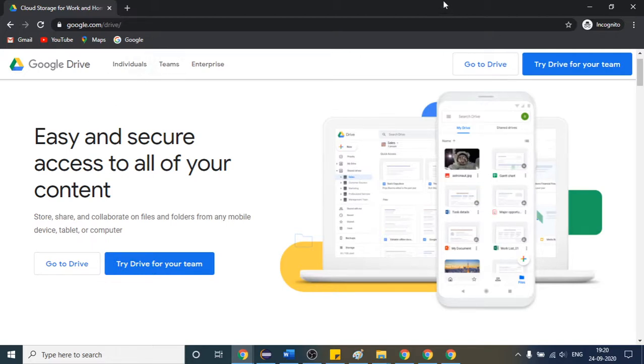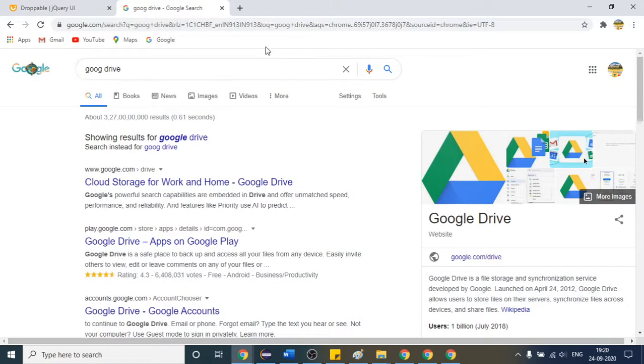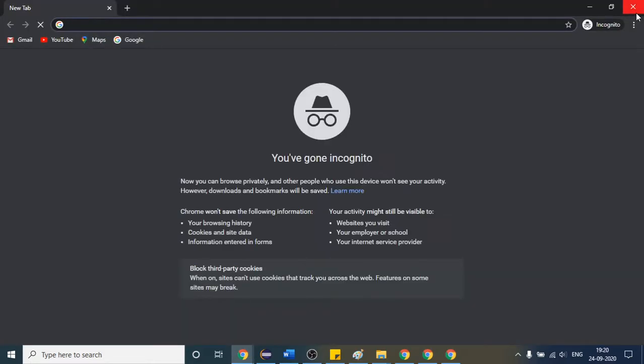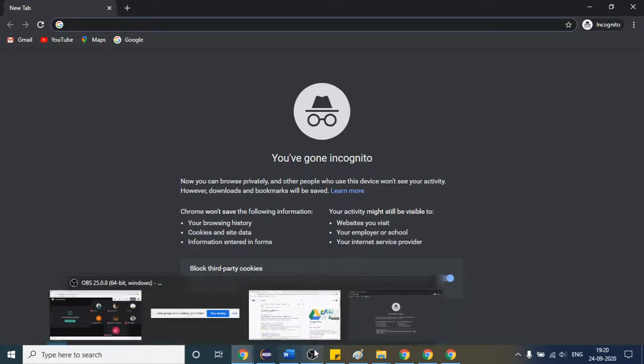Okay, let me do one thing. Okay, let me open that only. So here I cannot open that Google Drive because it is not the right way. So just try that and let me know, right? I am not able to understand what kind of folder you are talking about. If it is a simple drag and drop, then it will work.